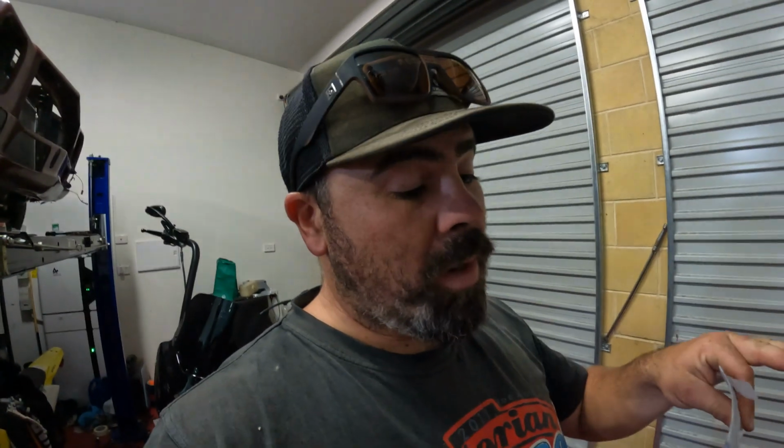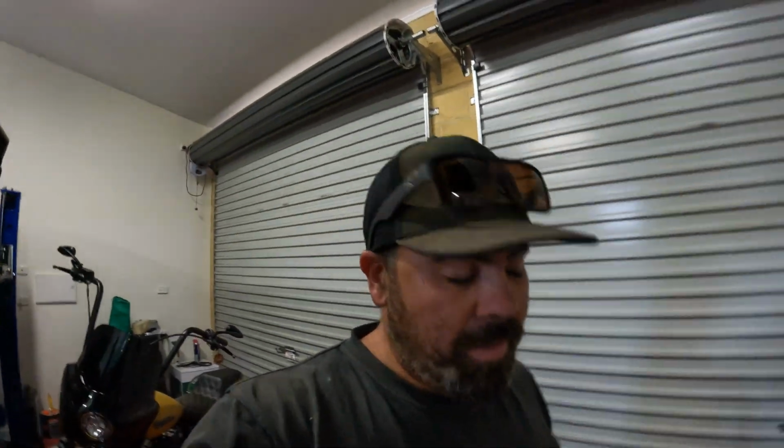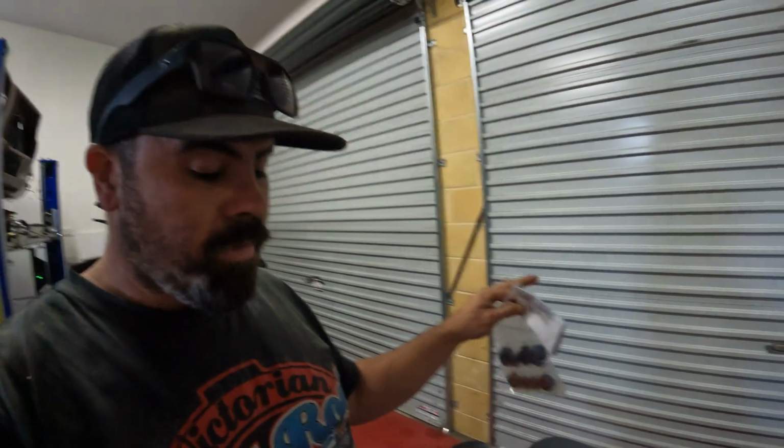I reckon the hardest thing, what you pretty much got to do is lift the bike up, pull the original hardware out that holds the ends of your shocks into your frame, and replace them with these spacers. I'll go through all that though, so hopefully it shouldn't take too long. I reckon the hardest bit is just going to be using my bike jack, because I'm not sure if I'm going to be able to reach where I need to reach. That's going to take maybe a couple of attempts just so I can get to everything,